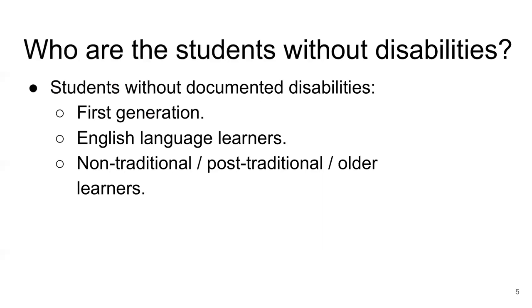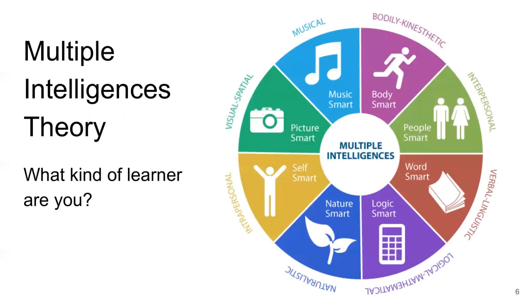So we're talking about both learning needs and learning preferences. And when we talk about learning preferences, we can think about this from Howard Gardner's theory of multiple intelligences. So this theory is not new, it's been around for a while. It applies to both K-12 education and higher education. There are some really terrific surveys out there that you can take to see what your own learning preferences would be. It asks you questions like,